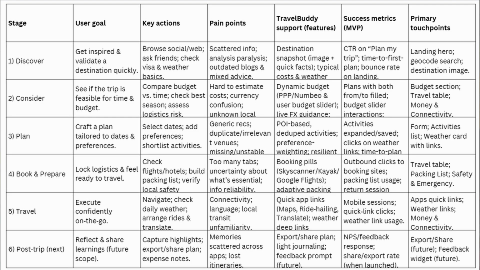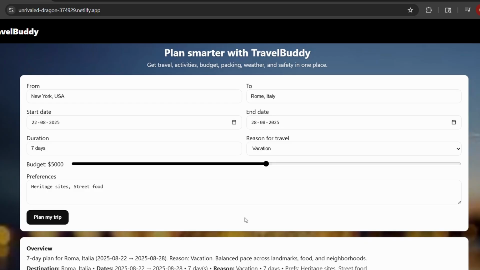budget. The key actions for the user is to compare the budget versus time, check the best season, and assess logistical risks. Currently in status quo, it's hard to estimate costs and there's a lot of currency confusion. Multiple users on various other websites would give their own personal reviews and their own personal budgets, and that creates the confusion. TravelBuddy solves this problem by giving a dynamic budget and allowing users to play with the interface and